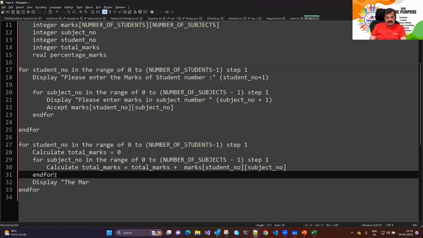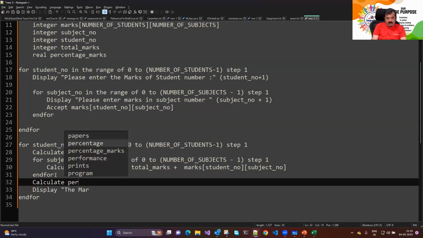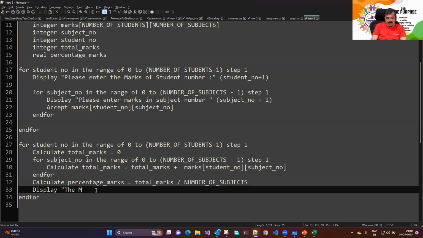We have percentage marks, I would say calculate percentage marks is equal to total marks divided by number of subjects. तो ये आ गया आपके percentage marks। तो I say the percentage marks of student number